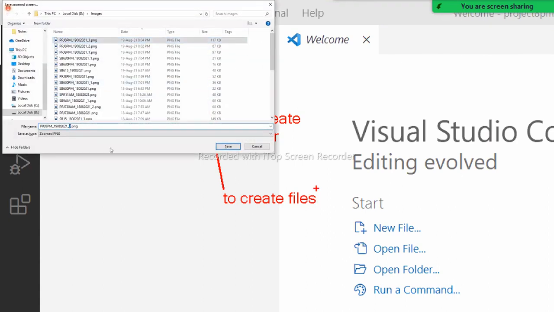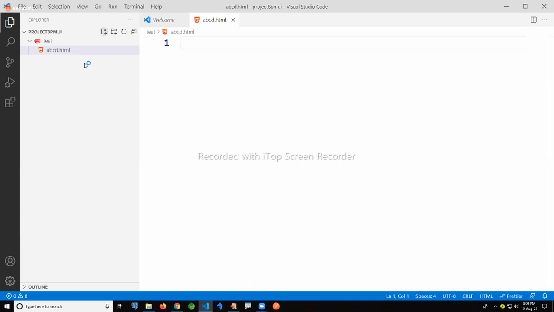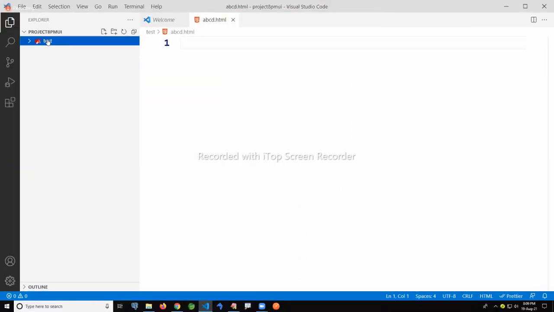So I'm just creating one dummy folder now. Look at here, it's a test folder I created. Then by clicking on that, again, I'm just clicking on this file here, abcd.html. I'm just showing this one. Yeah, you can see some icons designing also here like this. Okay, so here you can just click on this and click on this, sample.css.